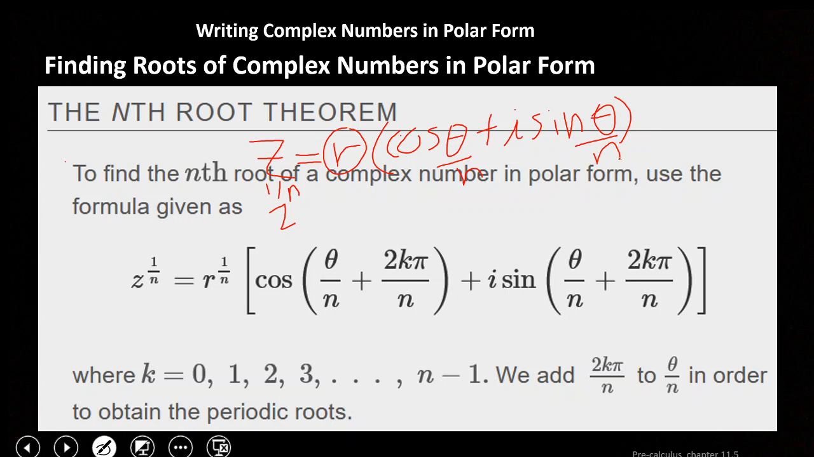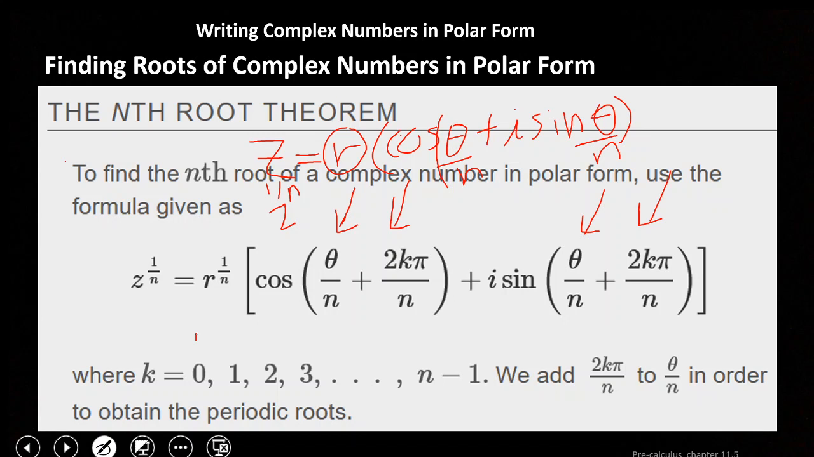But first of all, notice that it's not cosine theta divided by n, it's cosine of theta over n. So we divide theta by n and we add to it 2k pi over n, both of them. So theta over n and then plus 2k pi over n, the same thing here. And here k is an integer going from 0 all the way to n